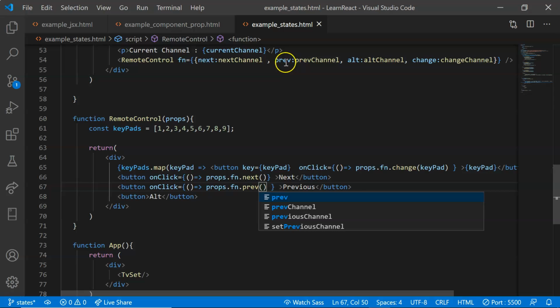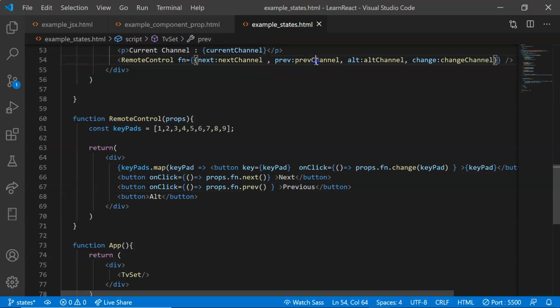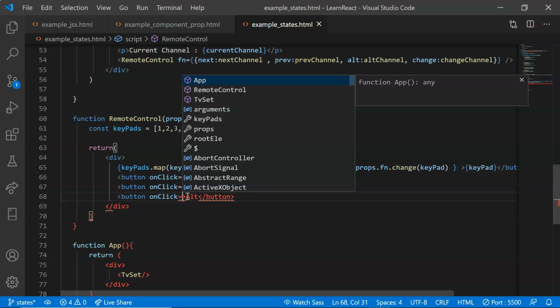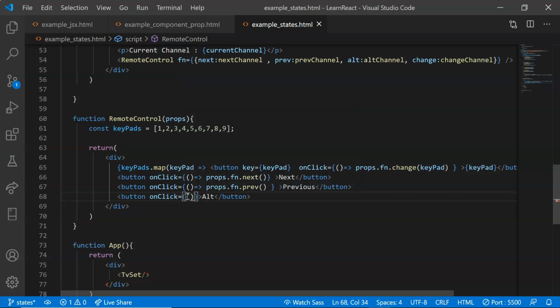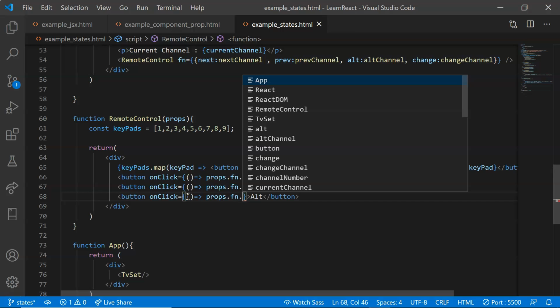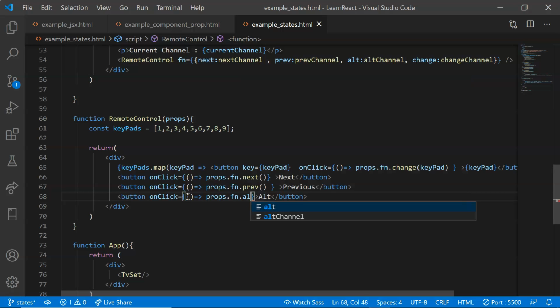So pre holds a reference to the pre channel. And finally we have alt, so I'm also going to have onClick equal to curly bracket, arrow function, and props.fn.alt